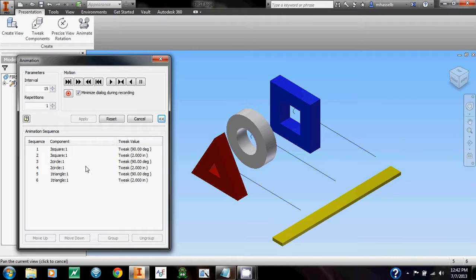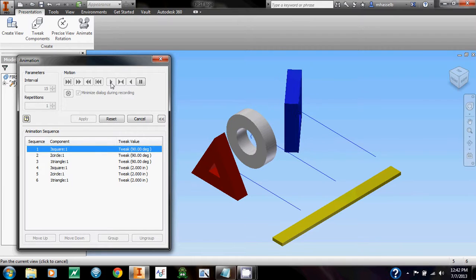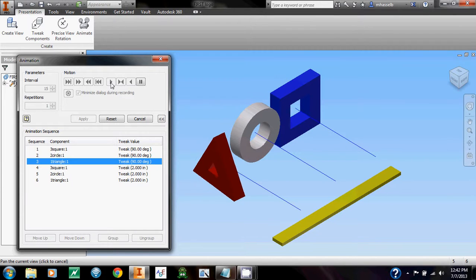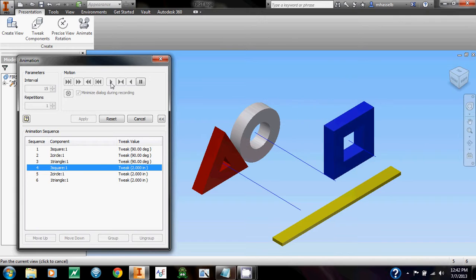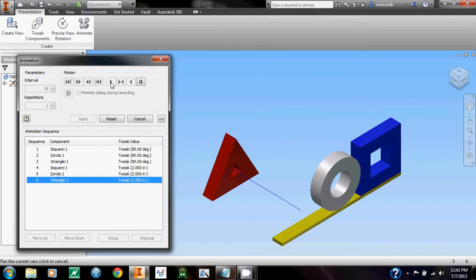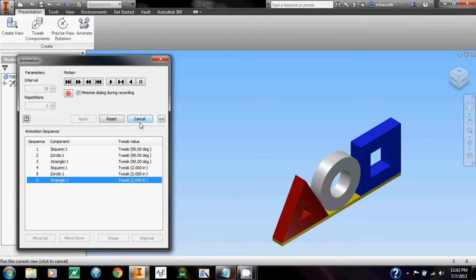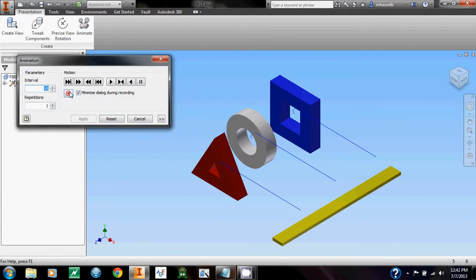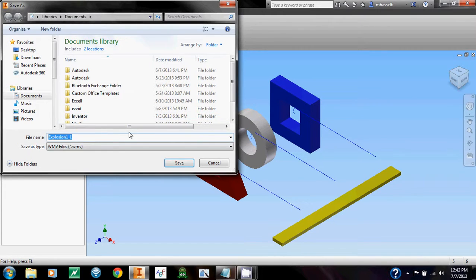So I'll just change this to make all the rotations first, and the translations can come after. Hit apply, and you'll see it plays in the new order. Pretty cool. Another cool thing you can do is record the animation up here. If you choose a destination to put the video, you can play the file anywhere without needing Inventor,